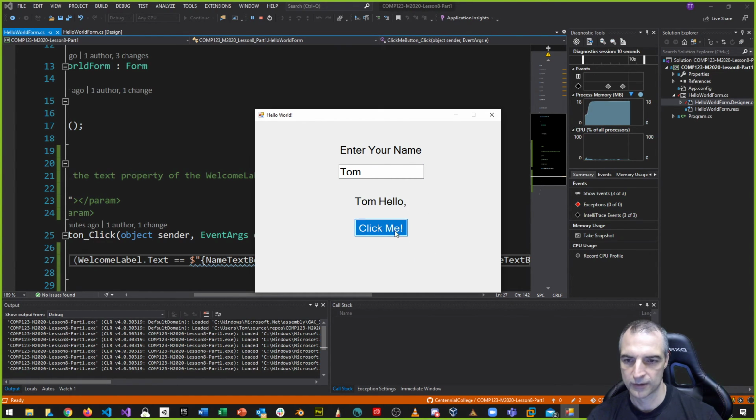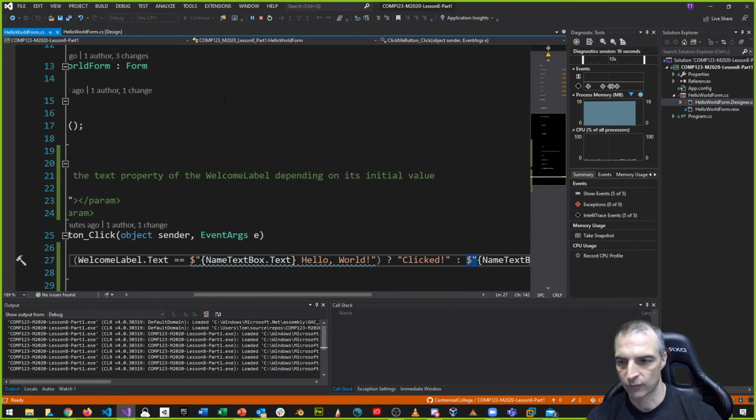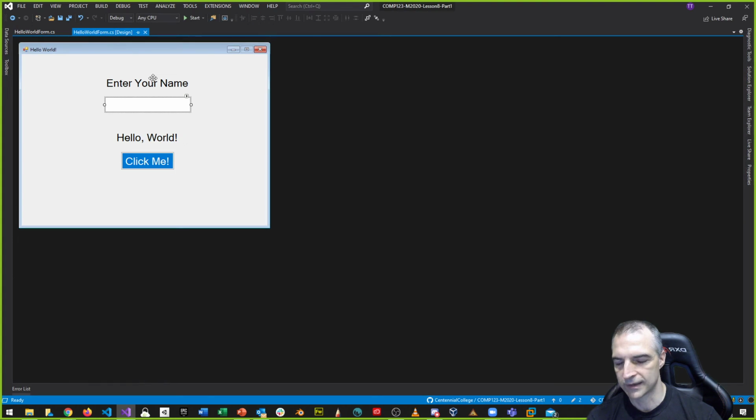This worked, but the problem with it is that my Tom hello world is too long. And why? Because in my design view, I designed my form to make it only as big as hello world, and it's not auto-sizing. So if I want to take a longer text, then this is where I want to do that trick that I did before, which is make this thing as long as I can, right? And invisibly to the user. The user won't know that it's this long, right? And then if I did this,